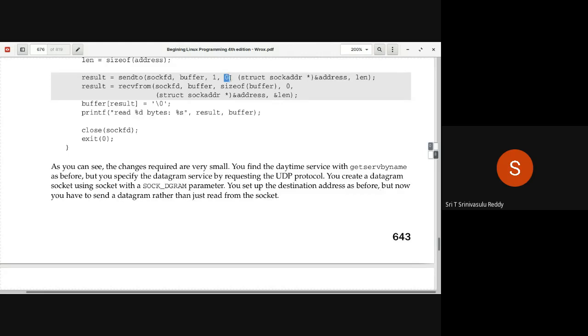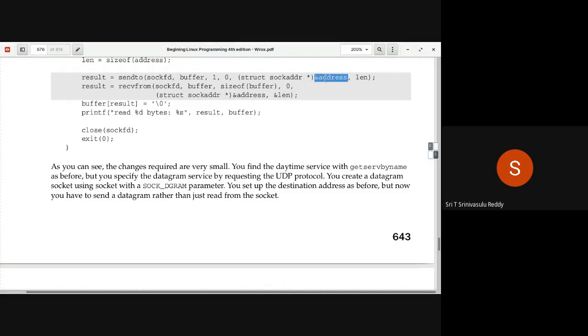Up to this, you are only talking about what data is to be sent. But now, because this is not connection oriented, the other side is not always known to the socket. The other side you have to always pass as a parameter. So you are passing the address of the other side as a parameter here. So &address.